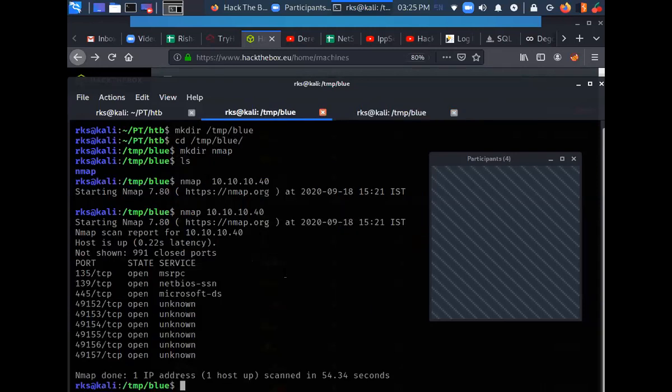Meanwhile, what I'm going to do is run a very specific port scan here, saying nmap -p 135, 139, 445, 49152, 49157, output in the nmap directory, and let's make it scan2. Okay, scan2, hyphen small v, hyphen capital O.